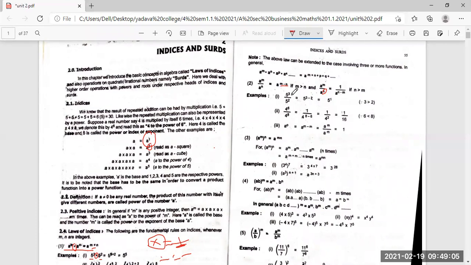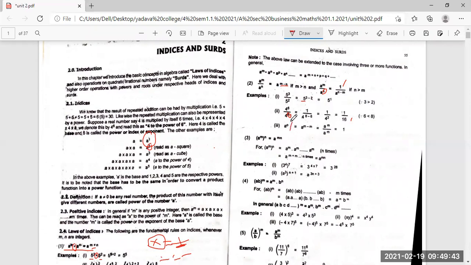Here, 5 to the power of 3 and 5 to the power of 2, both the bases are the same. So we are taking base 5 and 3 minus 2, so 5 to the power of 1. Here 4 to the power of 6 and 4 to the power of 8. Here the denominator power is higher than the numerator power. So how to do it? This formula is applied here: 1 divided by 4 to the power of n minus m, that is 8 minus 6. So 1 divided by 4 to the power of 2. So 4 to the power of 2 means 4 into 4, 16. Likewise, we have to do.